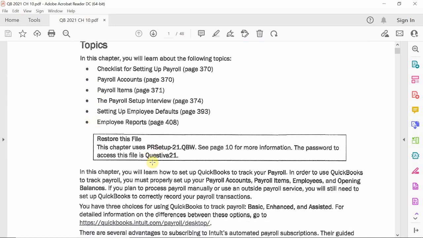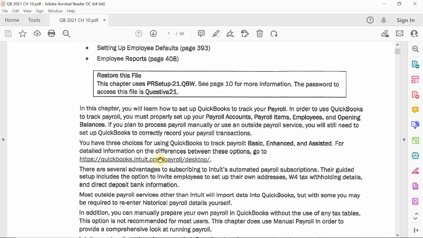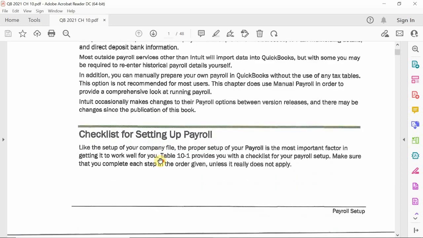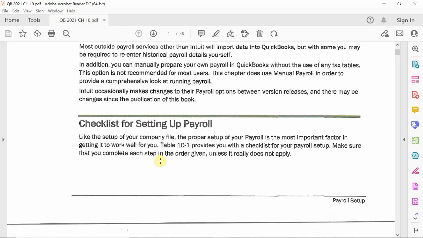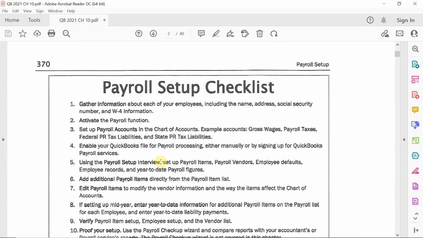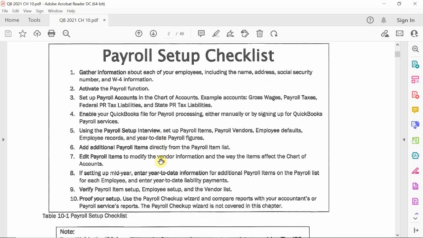So if you are following along with me in the book, please be on Payroll Setup 21, okay? So here, I'm going to skip forward through this just because you definitely want to make sure that you read up upon these. Now, before even setting up your payroll, you first need to go through these 10 steps to set up your payroll, okay? Now, in these 10 steps, they yet again miss step number 0. Step number 0 is